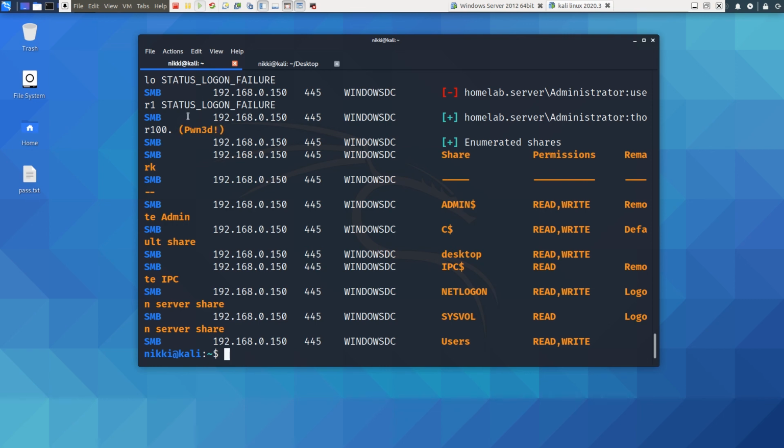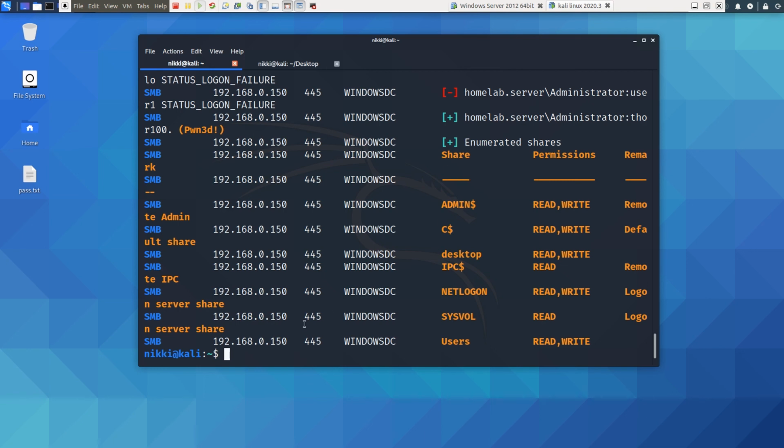Whenever this tool says Pwn3d, that means with those credentials you can own the entire network. CrackMapExec has some post exploitation features, and we will see them in future videos when we use this tool more. If it says Pwn3d for any credentials, that means they have the highest privileges, or privileges that can be used to own the entire network.